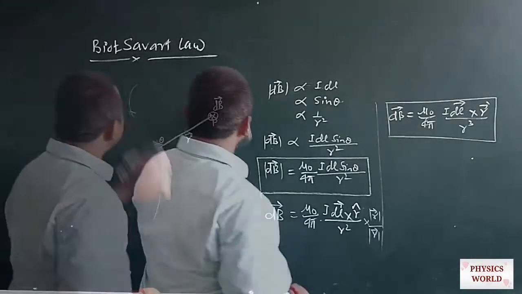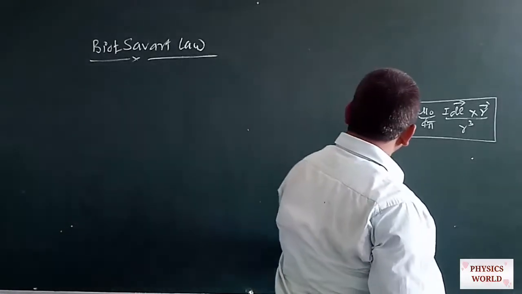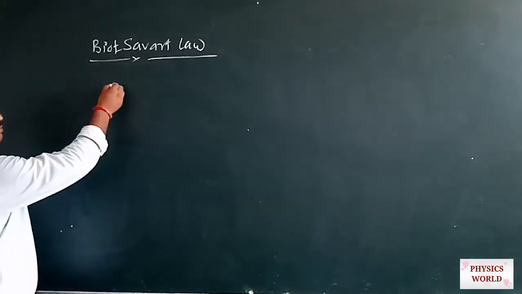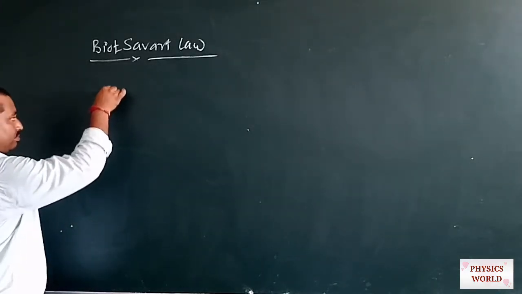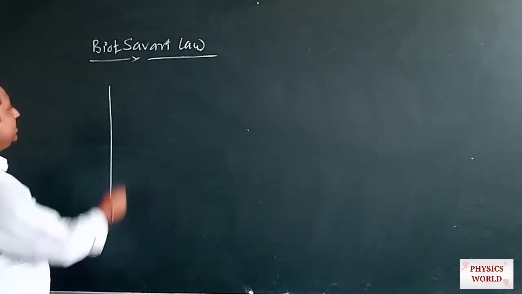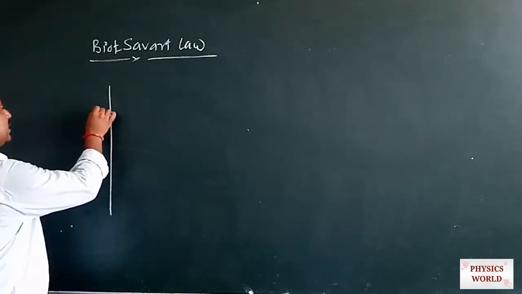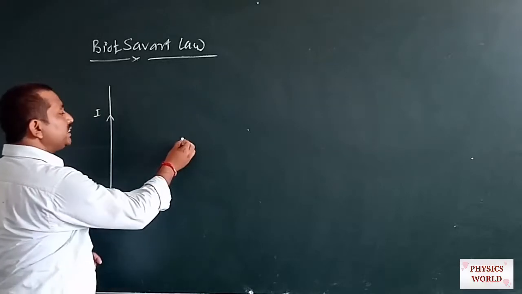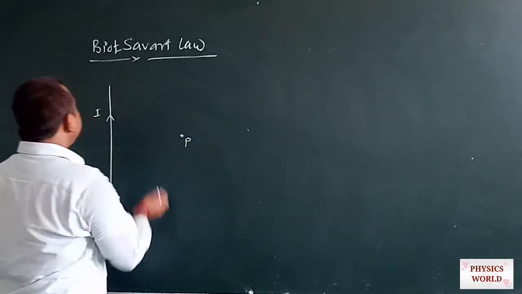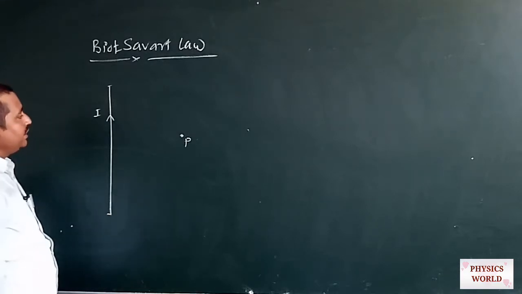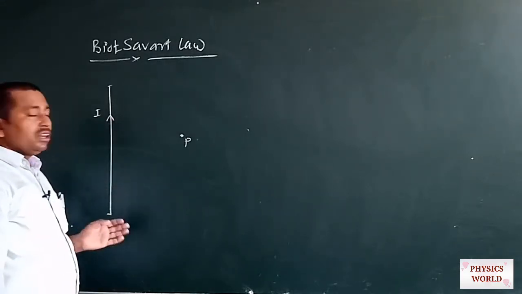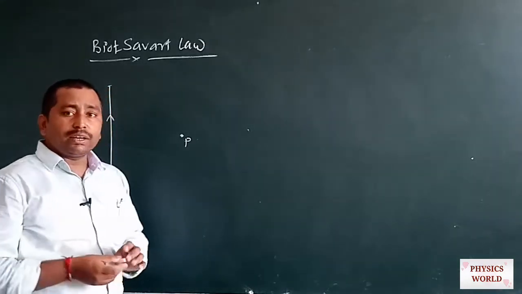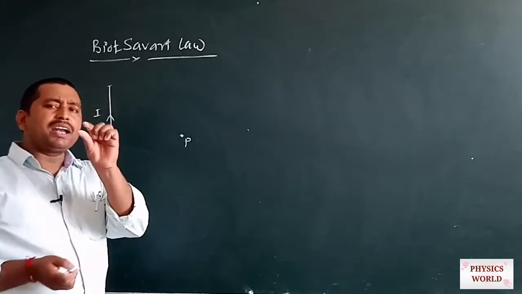If you want to calculate the magnetic field due to a straight wire, okay, so a finite length of straight wire is given here. Suppose we have a straight wire here and this wire contains a current flowing through itself, then we want the field at any point P due to this total length of the wire. So in this we can apply the Biot-Savart law again, because in the Biot-Savart law we calculate the magnetic field due to a small current element.